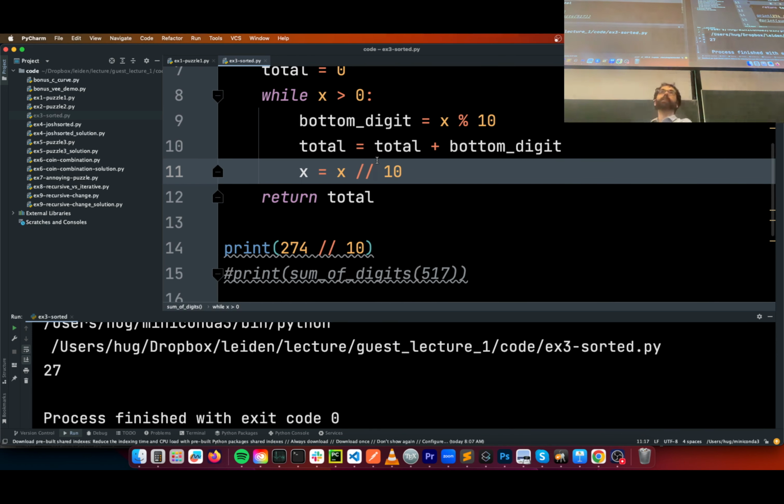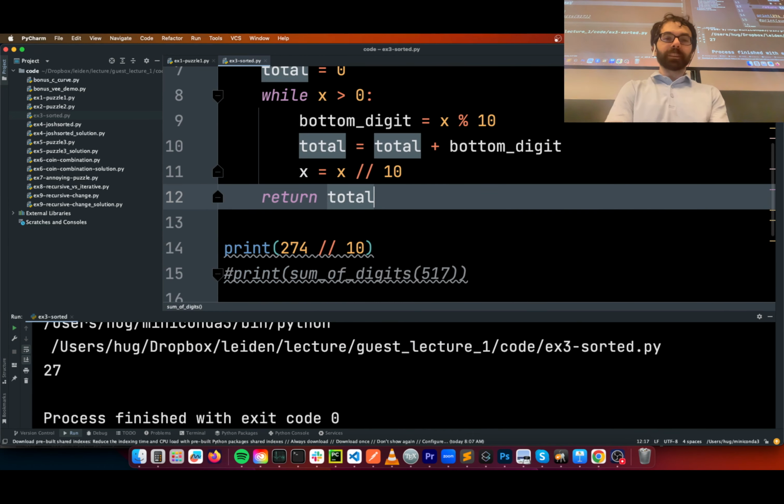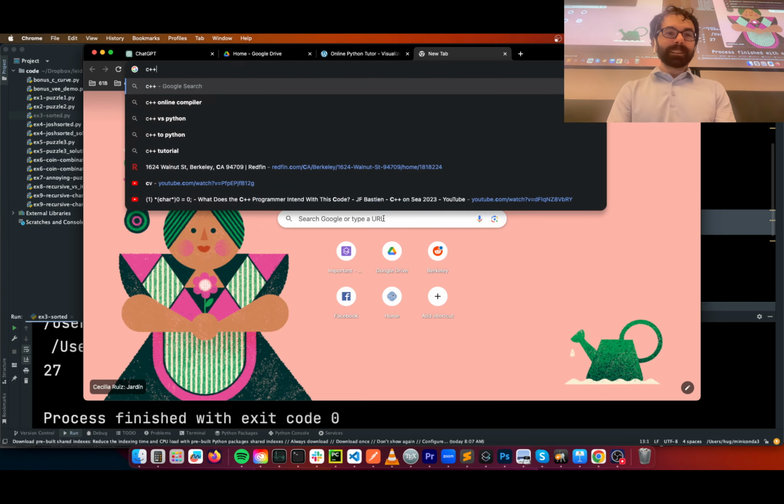But you might have written it a totally different way. I'm happy to go in any direction today, by the way. Go ahead. Is it the same as writing div in C++? I don't remember div in C++ because I haven't written C++ code in a long time. Let's see. I don't know. Let's Google it and not ChatGPT it. C++, div.